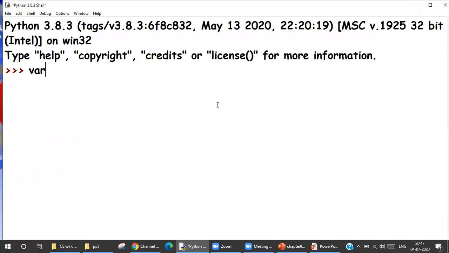So again, I'll say variable 1 equals to 0 with a small o, and then you can type any numbers besides 8. You cannot use 8. You can use 0 to 7. So let's take 703, enter. And let's look at the value: 451.